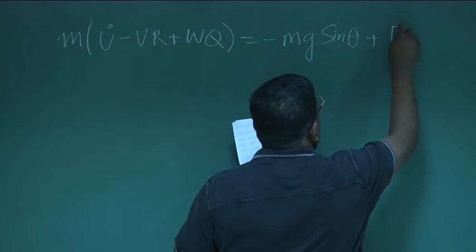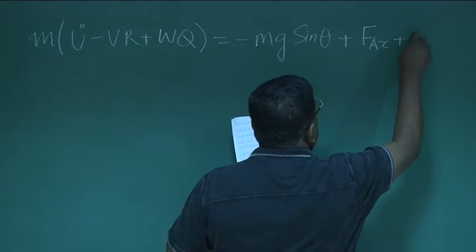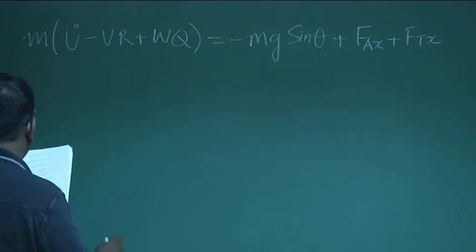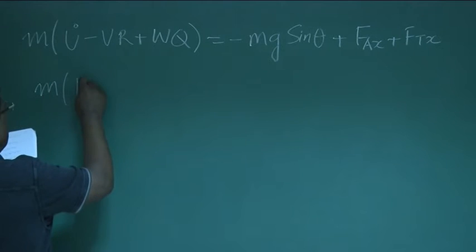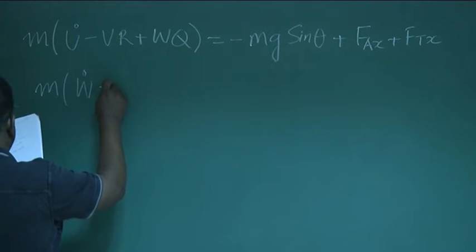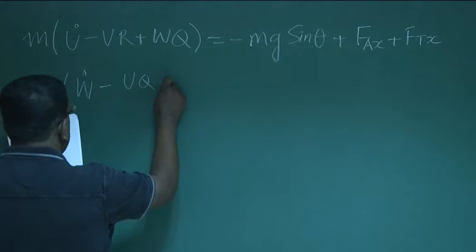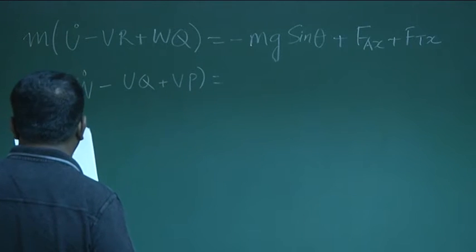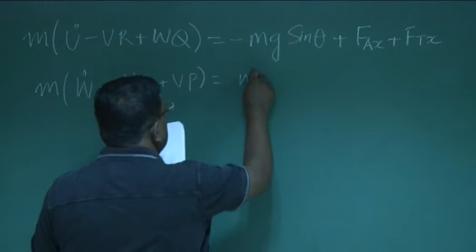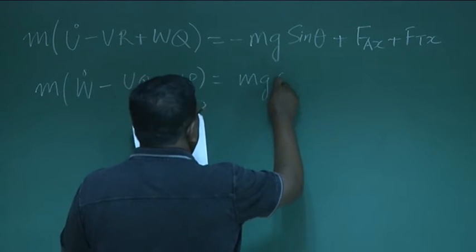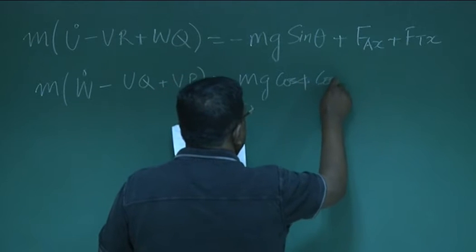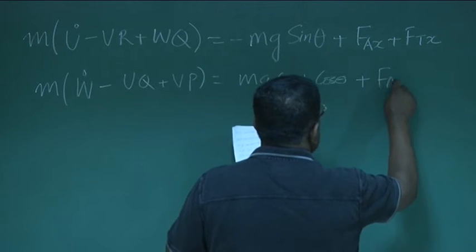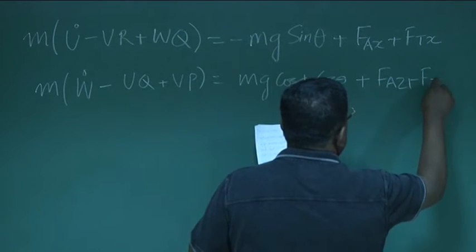plus FAX plus FTX. I will explain all these terms, and we already know this; still, I think I must explain. Let me write this equation: m times w dot minus uq plus vp is equal to mg cos phi cos theta plus FAZ plus FTZ,